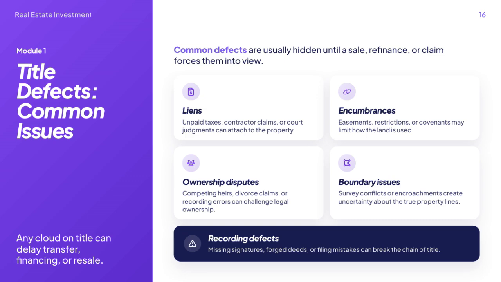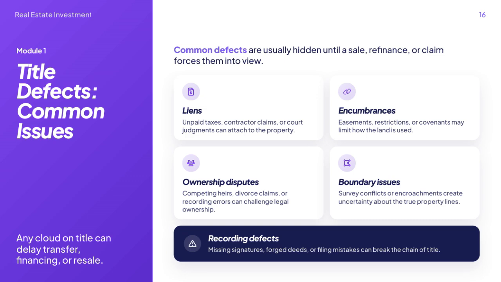limitations. Ownership disputes are also a big concern. Sometimes competing heirs, divorce settlements, or even recording errors can lead to challenges over who really owns the property. These disputes can slow down or even derail transactions. Boundary issues are about uncertainty regarding property lines. Survey conflicts or encroachments, where one property's use intrudes on another, can make it difficult to know exactly where the